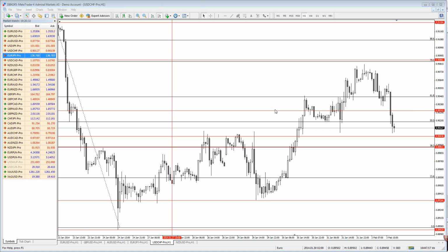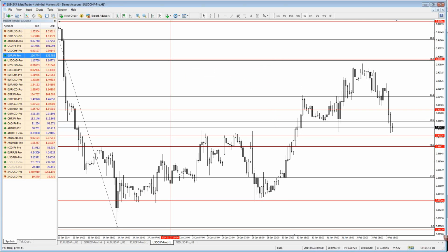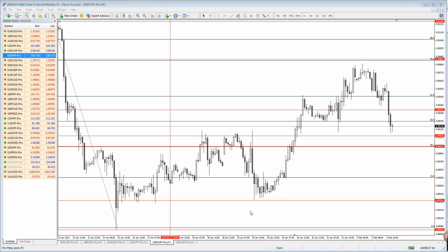But my advice is, don't trade on Fridays which mark the end of the month. So last Friday was the end of the month, and you could have seen very whipsaw action on higher time frames, on cable, on euro dollar, and many other minor crosses if you trade minor crosses. So on the last Friday of the month, I just don't think I will trade, because a few times it